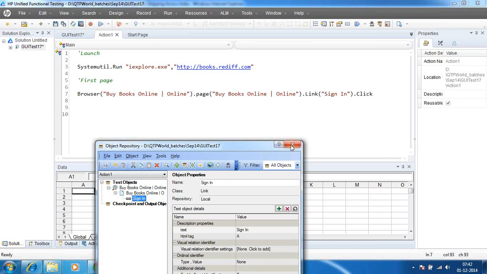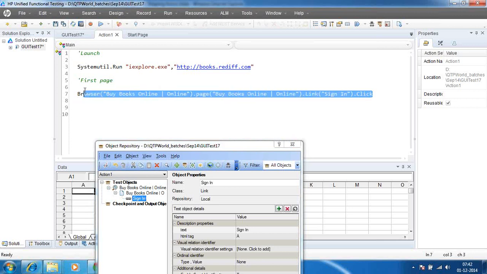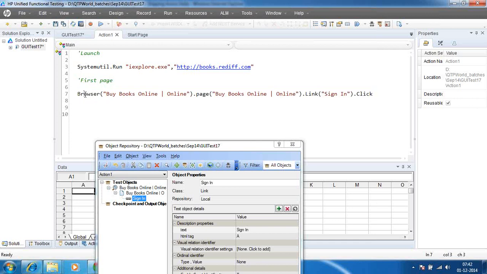Definition wise, it's called a method, and this entire hierarchy, we are saying it as a hierarchy, but definition wise it's called the automation object model, guys. So as a definition in the certification or in the interview, if they ask what automation object model means, it's the collection of objects and the properties. The objects here are browser, page, and your link.